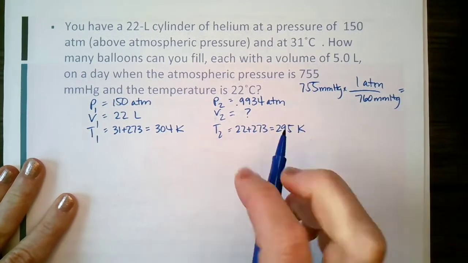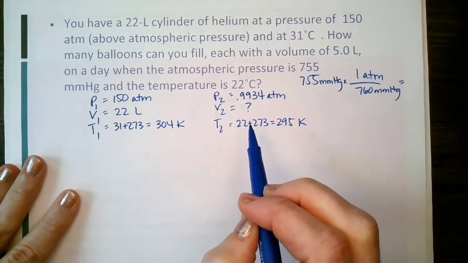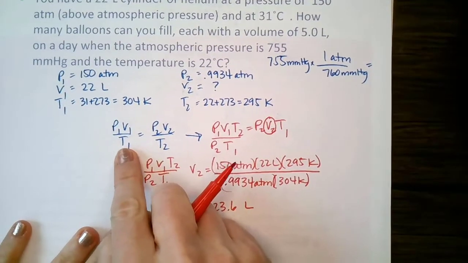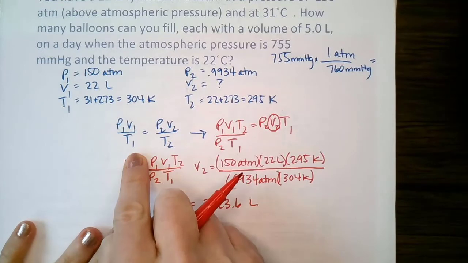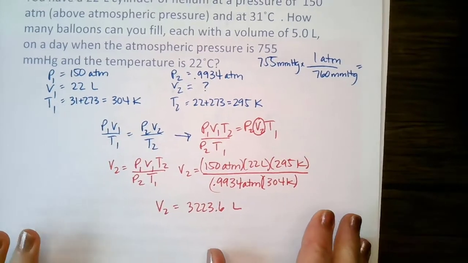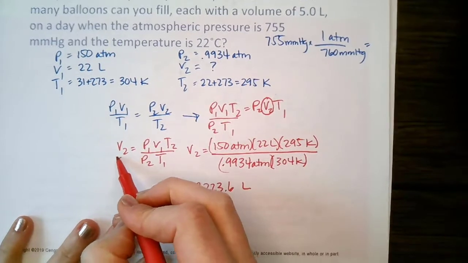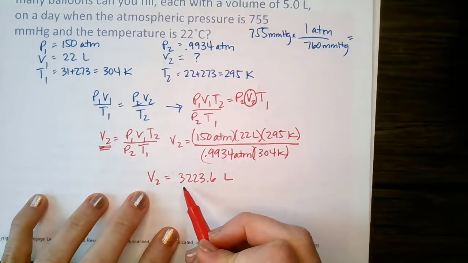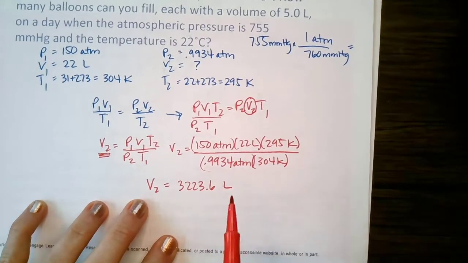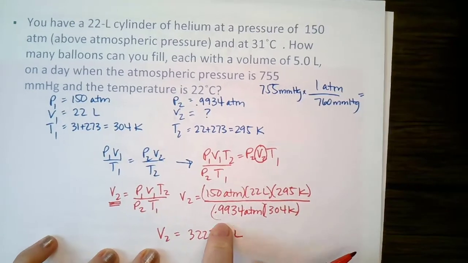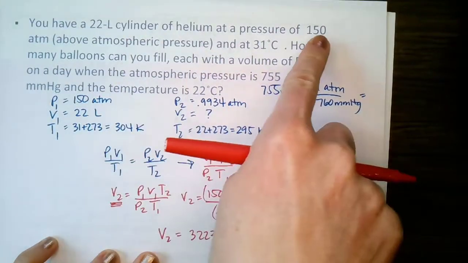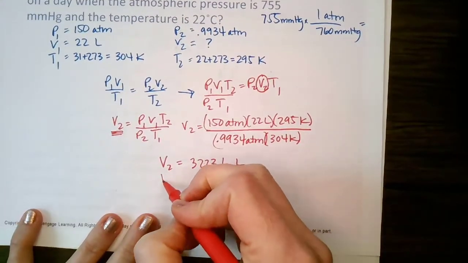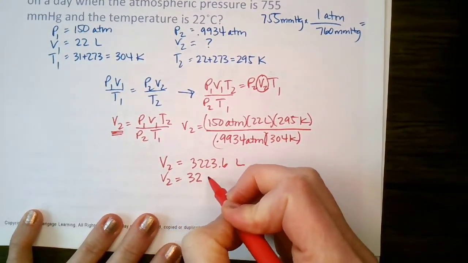So we can see here we need to find volume 2. We're going to set it up just like we did this last problem. And then we took that equation P1 V1 over T1 equals P2 V2 over T2. Rearranged that to solve for V2. Plugged in our numbers, and we got 3,223.6 liters. Now let's go back and look and see how many significant figures we would be limited to. We've got 2, 2, 2, 2, 3, 2. I think we're going to finish with 2 sig figs here. So if our volume 2 is 3,200 liters,